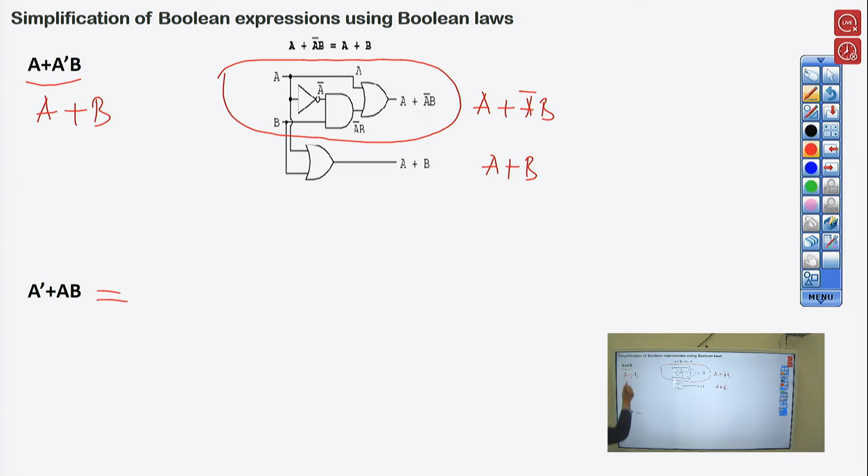Now, about this, I already wrote that not A or A, B. We can use the same. We can assume that A equals not X. So this one will be X or not X, B. And this one equals X or B. So again, we write X equals not A or B.